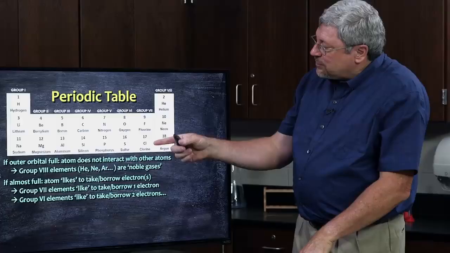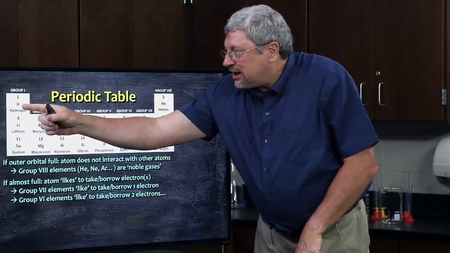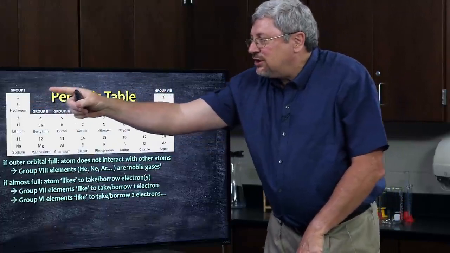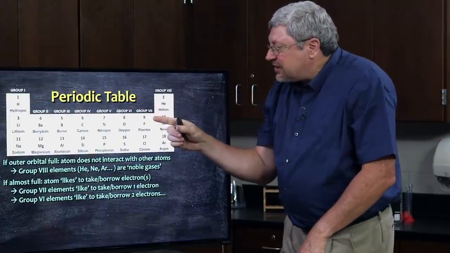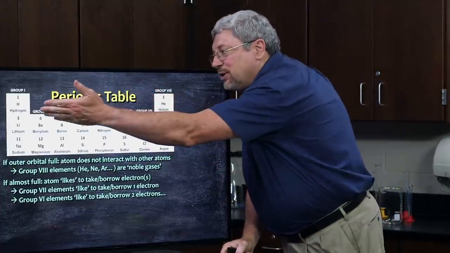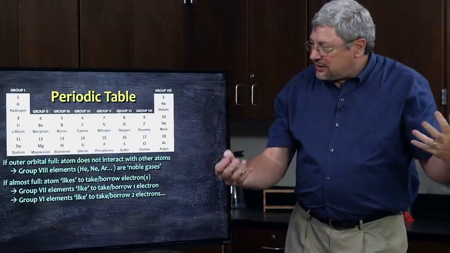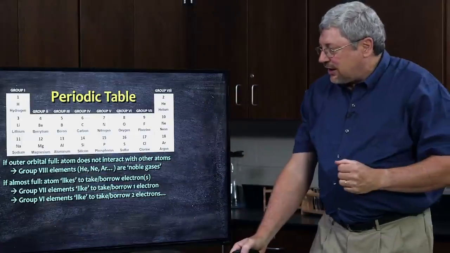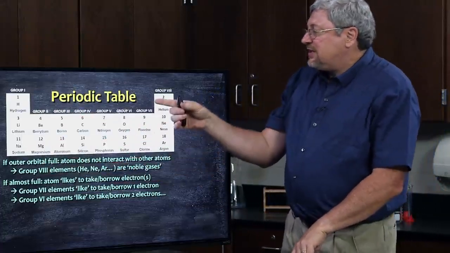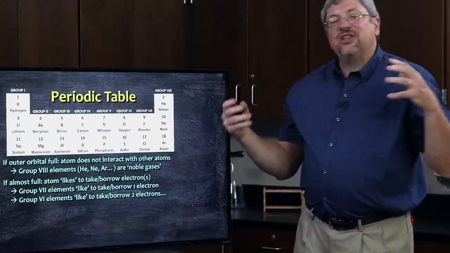If one of these group 7s gets together with a group 1, they could share, like a hydrogen getting together with a fluorine. The electron around the hydrogen could be shared with the 7 electrons around the fluorine to satisfy both the hydrogen and the fluorine with a full group of electrons in their outer shell. So in fact, group 1 atoms would love to get together with group 7 atoms and share electrons, thus filling